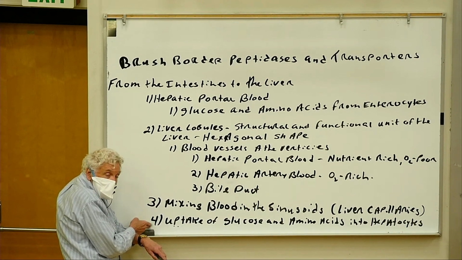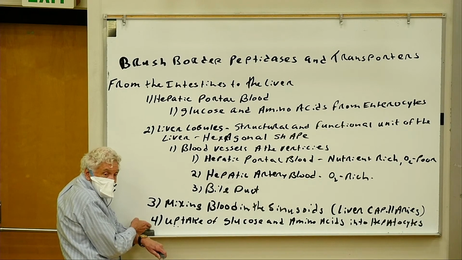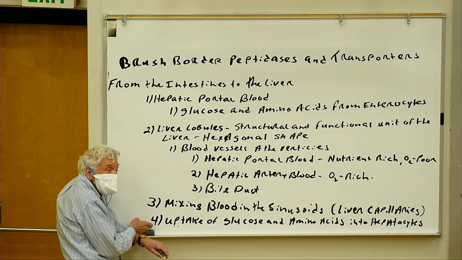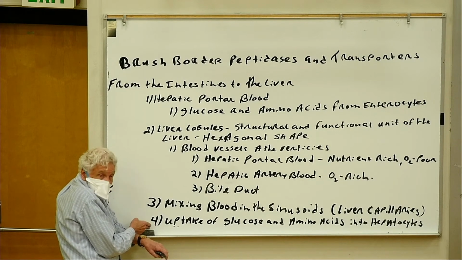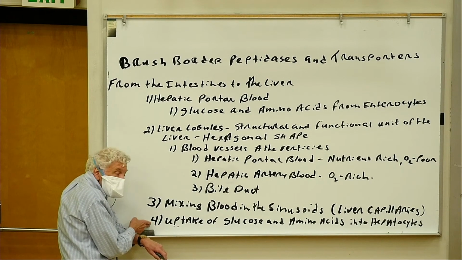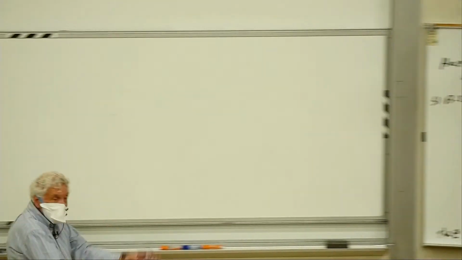Among the important proteins on hepatocytes will be GLUT2. GLUT2 is the bulk transporter for glucose. We ran into it when we talked about the basolateral membrane of the proximal convoluted tubule. We're going to run into it again today in the basolateral membrane of enterocytes. So we're now going to be able to move those hexosugars and the amino acids out of the hepatic portal blood and into the